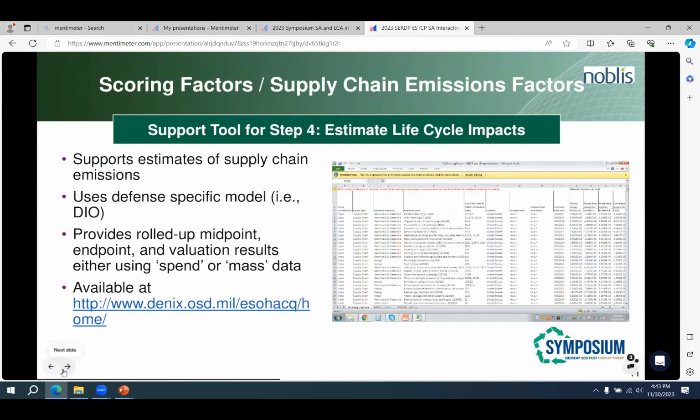So there are a number of data sources that go into the Defense Input Output tool. The DIO tool is the United States Environmentally Extended Input-Output model that's produced by the Environmental Protection Agency's Office of Research and Development. We've collaborated over a number of years with EPA ORD in the development of it. Agencies use DIO. And with DIO, there are a number of data sources, including the United States greenhouse gas inventory